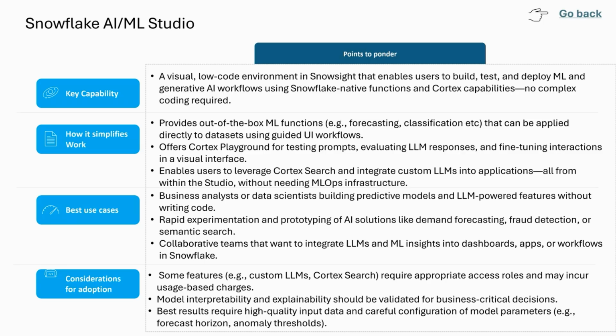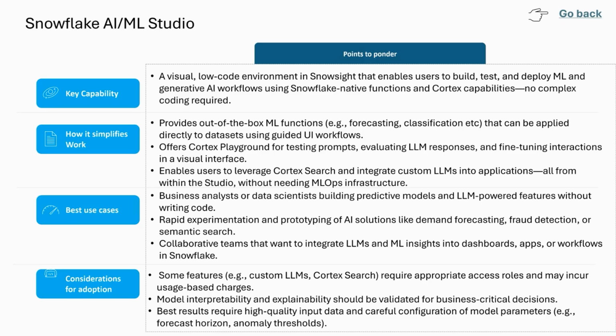And Cortex playground is something where users can give their prompts, test the output, and evaluate what kind of responses they get from the different models. They fine tune the interactions and decide what the right optimal model is for their use case.